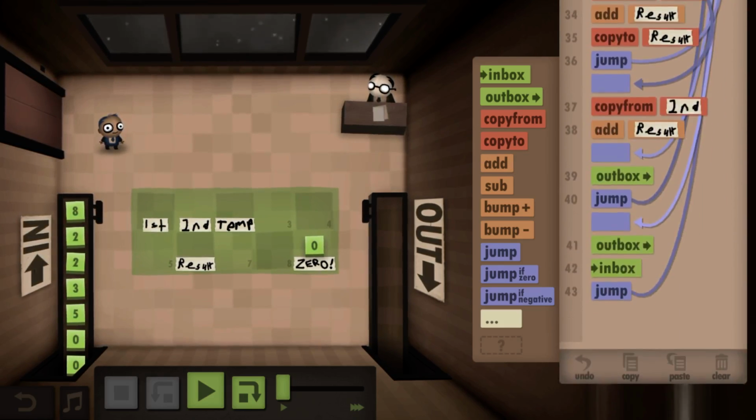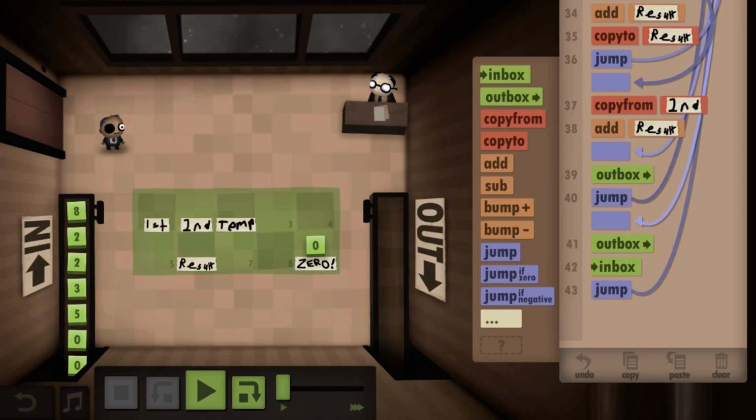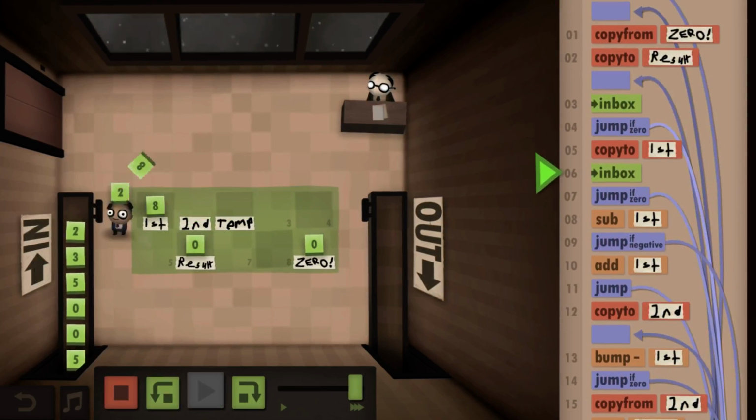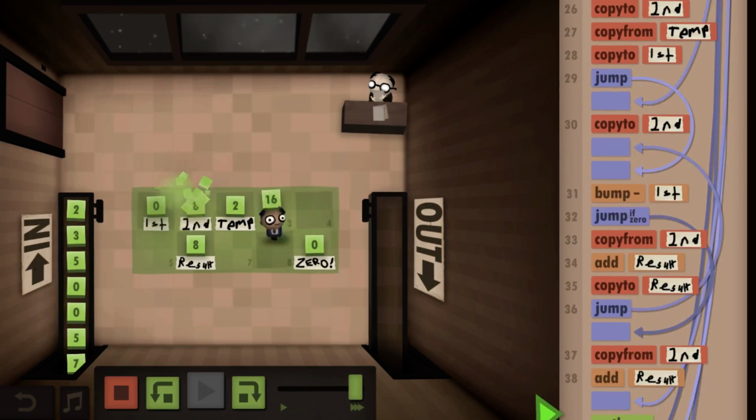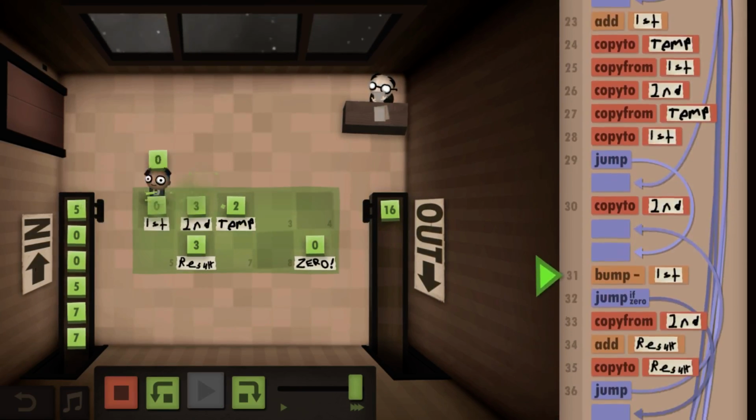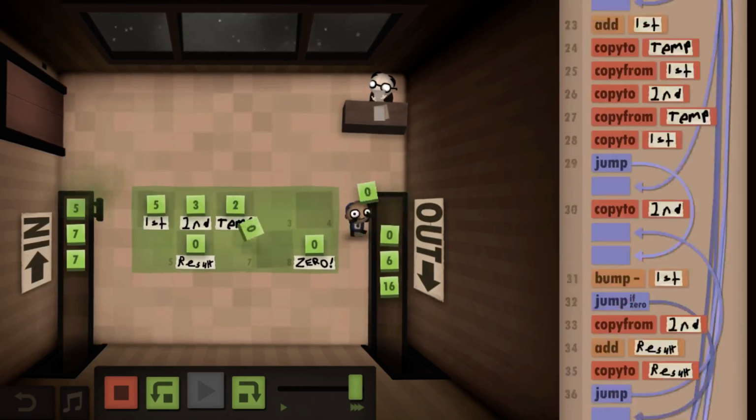So now we're up to 43 commands. 43 commands just so the program runs faster. 10 steps faster.